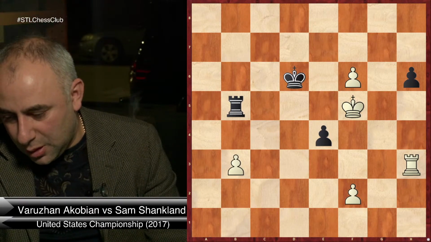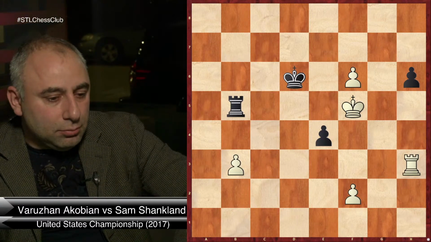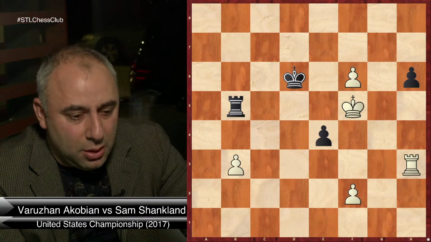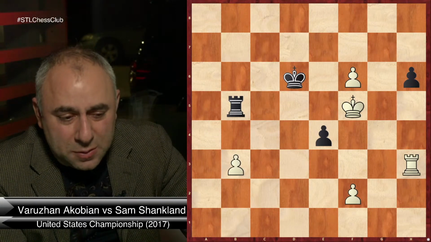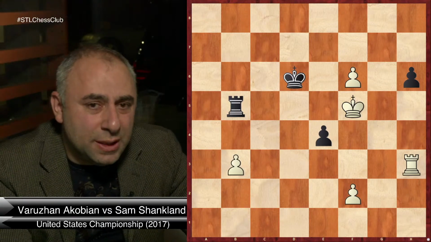Okay? And here I took on e4 thinking, okay, I'm two pawns up, should probably win this without any problems, but there were some problems after this, okay? But the winning move, of course, is